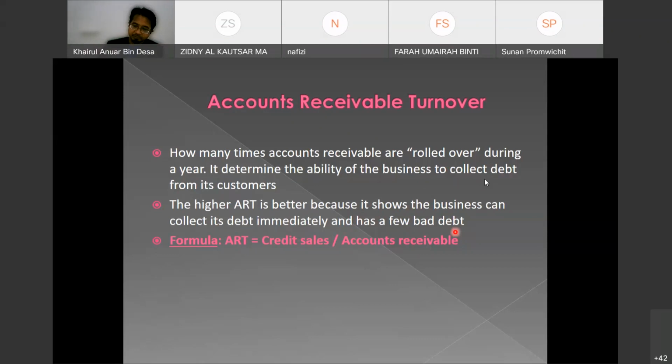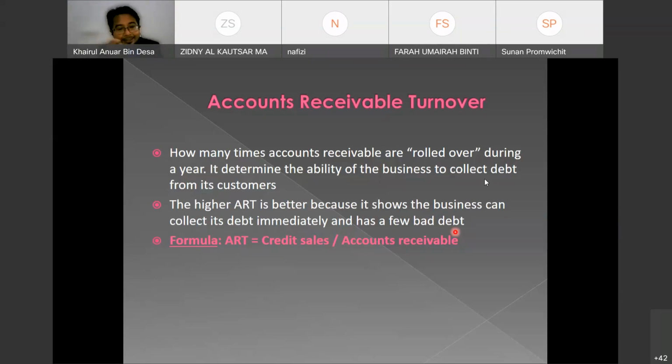Bermaksud, account receivable also can use to show us the effectiveness of sales department, of the marketing department, also the collection department. Account receivable ini boleh mengukur kecekapan bahagian jualan, bahagian pemasaran, dan juga bahagian